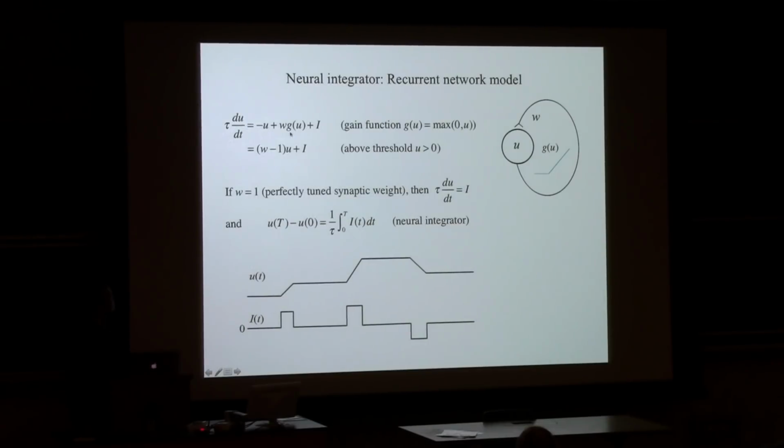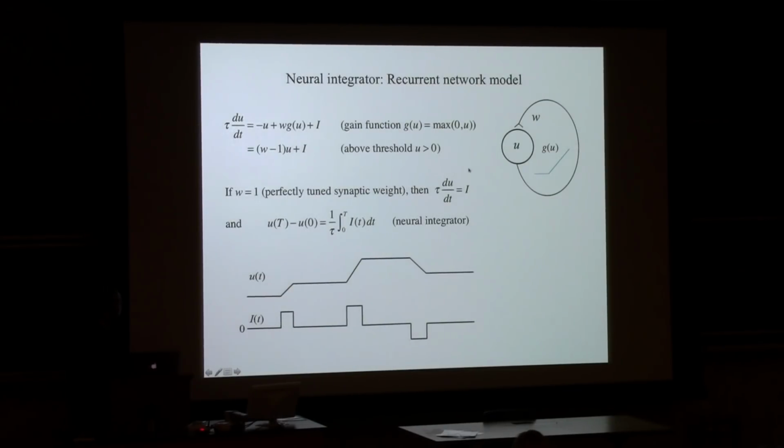It's a linear decay term. There's a connection weight W. The gain function is that you translate this, like let's say this kind of a threshold linear function. It transforms the voltage to firing rate. All right. The I will be external inputs. So in a special case, if you don't have a connection, this system will just decay exponentially. Right? It's not very interesting. But if you have the connection weight W, if it's equal to 1 exactly,